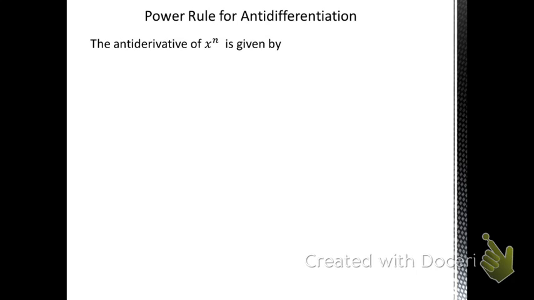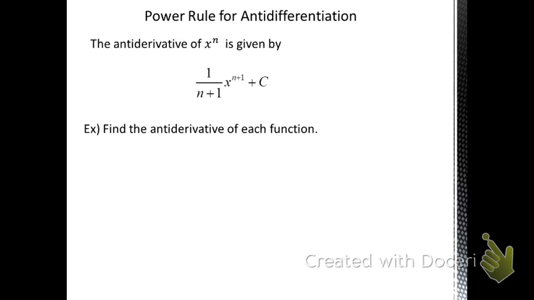We just said that the antiderivative of such a function would be: you increase the exponent by 1, multiply by the reciprocal, and add a constant at the end. We need to put that into practice with a few different functions. We're going to show you how to find the antiderivatives of these functions that you see on the screen right now. I'm going to do the first couple with you, at least, and then let you try the remaining ones. Watch this. If I want to find the antiderivative of x to the 11th power,